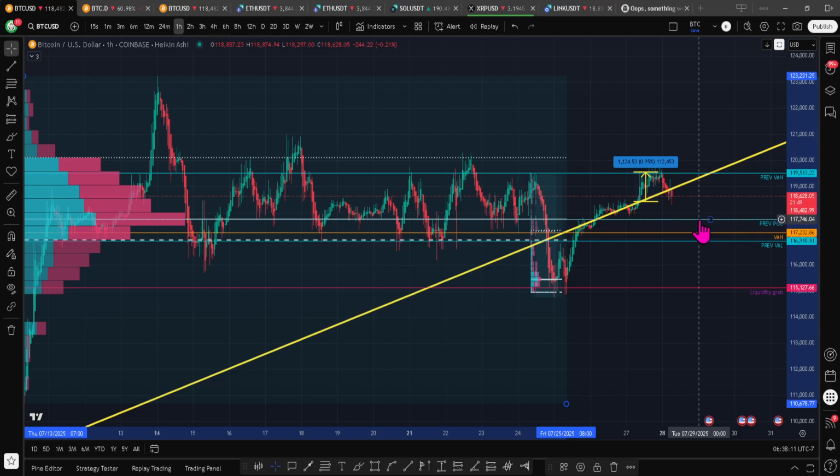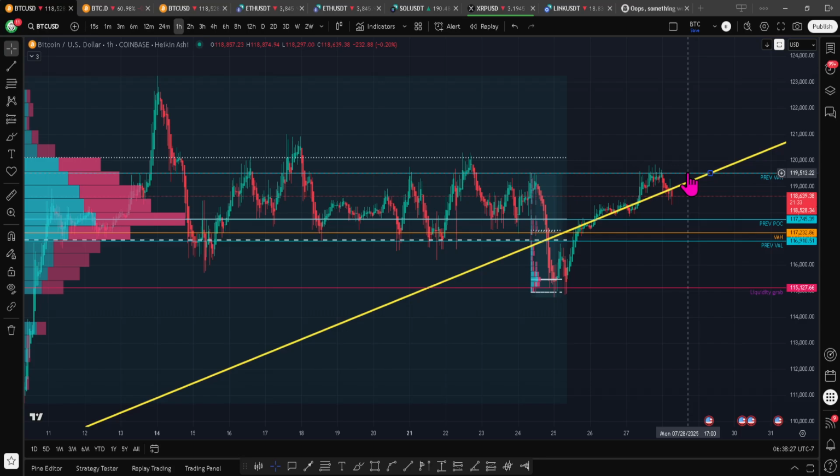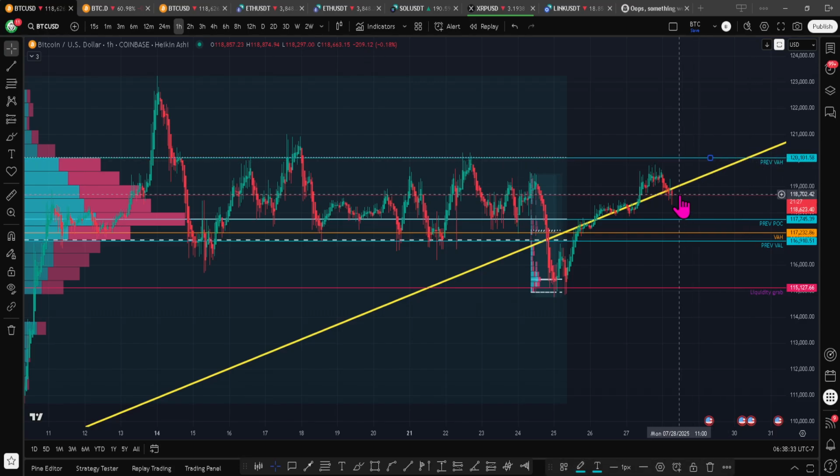The previous point of control is still there at 117,700. I think we front ran the value area high. Actually, we're going to move that up a little bit because we're going to use this entire range. We nearly hit it. We did, however, hit our